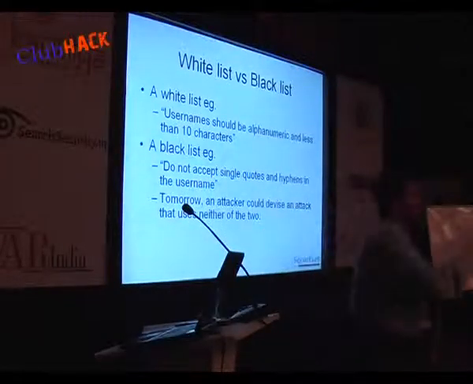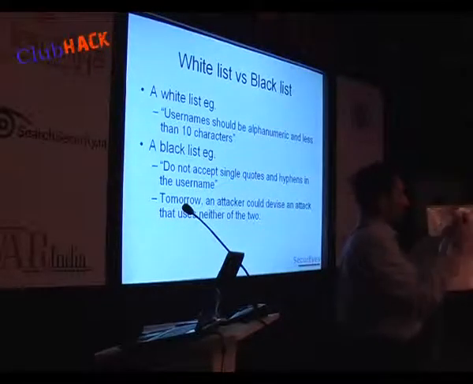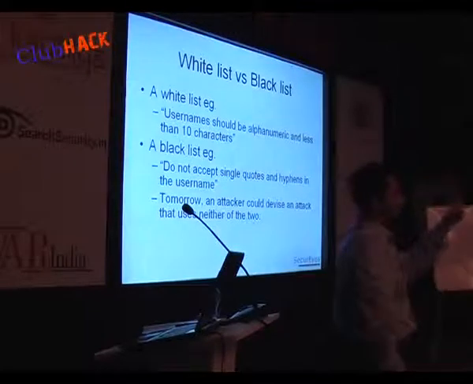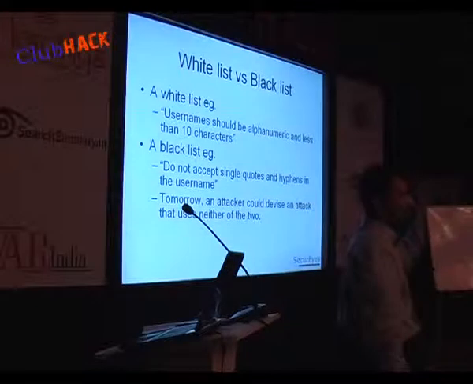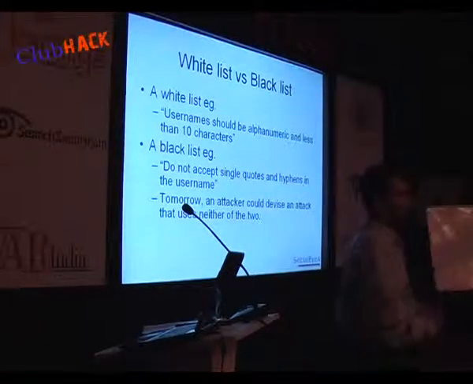Let us take an example. Let's say the username text box. Would it be easy for us to define: don't accept quote, percentage, double quote, double hyphen, union, select, and all those? You have to define a lot more parameters for a blacklist. For a whitelist, for example, if it's a numeric field, you only have to define that your field should accept only numbers, reject everything else.